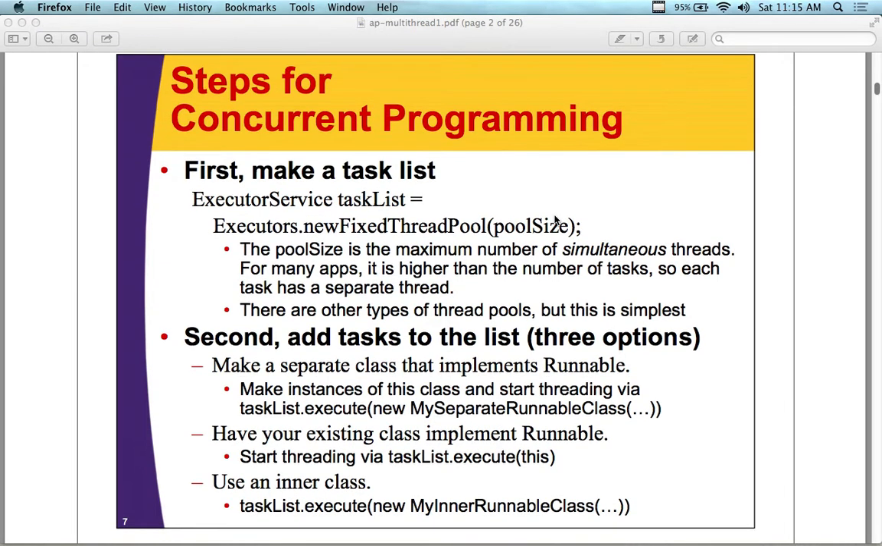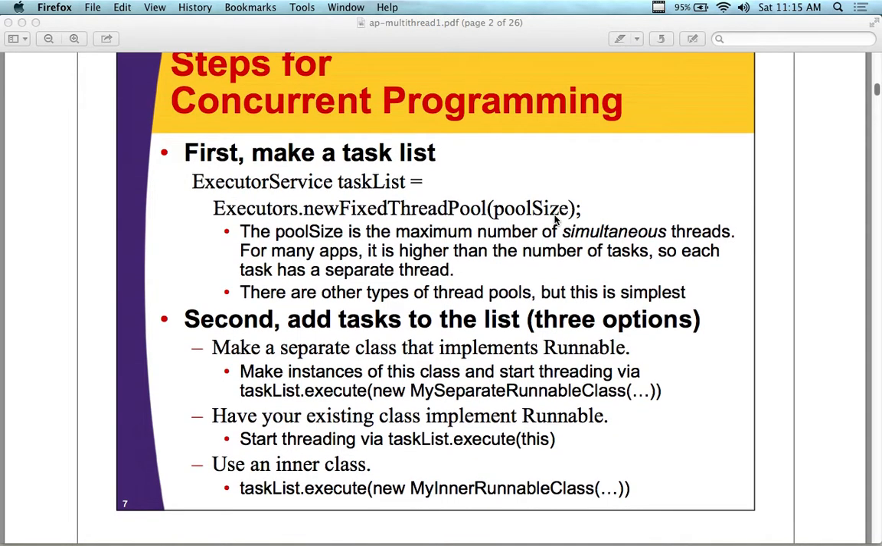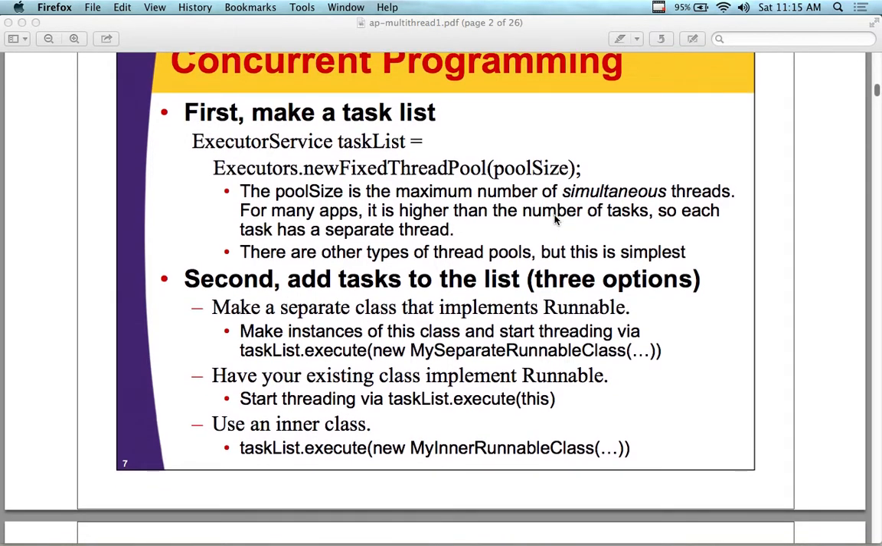So, steps for concurrent programming. First, make a task list. So we have a list of tasks that we're going to basically put into a pool. So we use an ExecutorService; the task list is going to be equal to